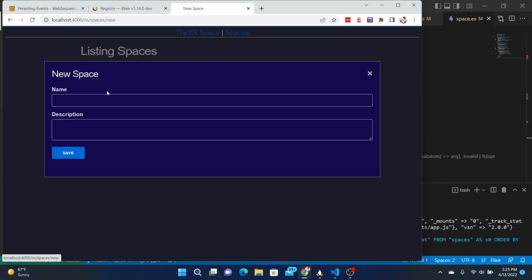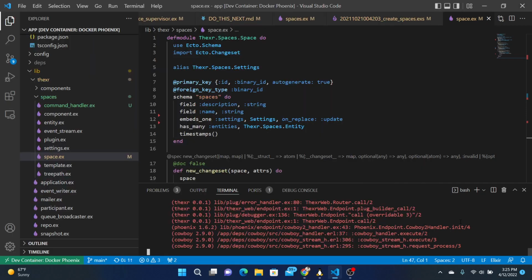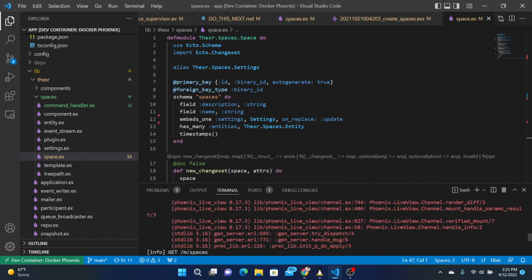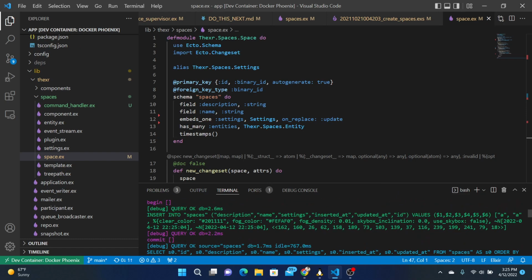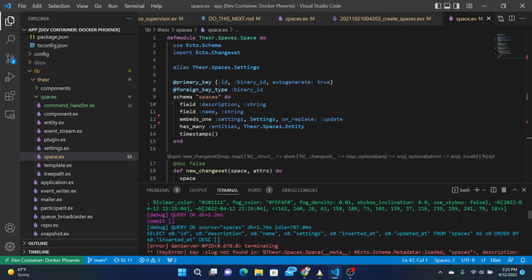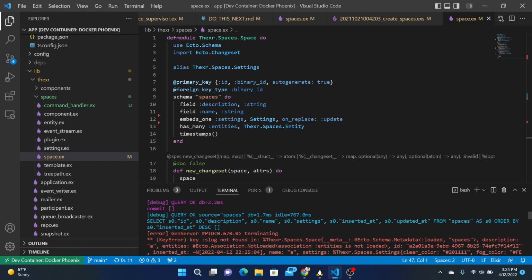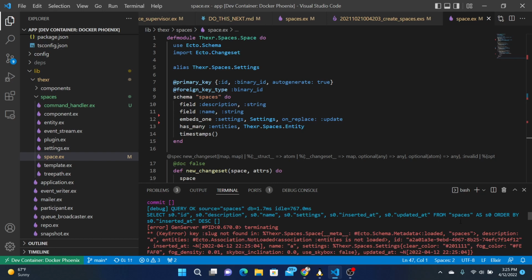Okay, new space, A and A. Okay, key slug not found in space. Insert into spaces, that succeeded, but slug not found in space.